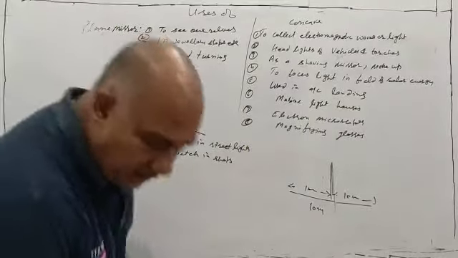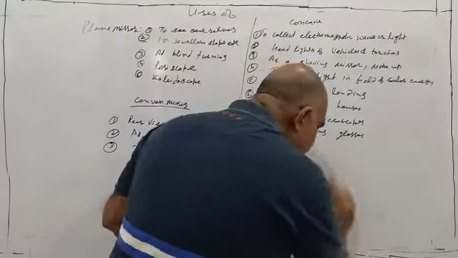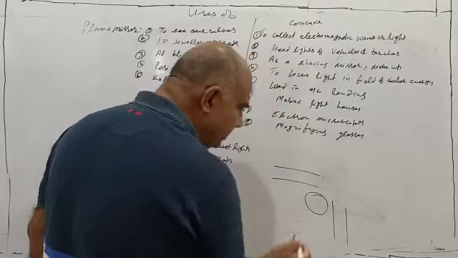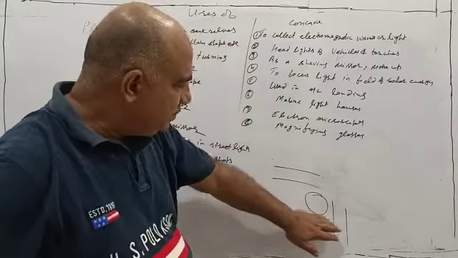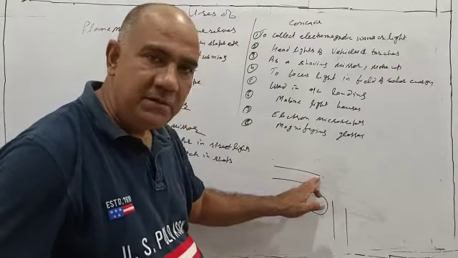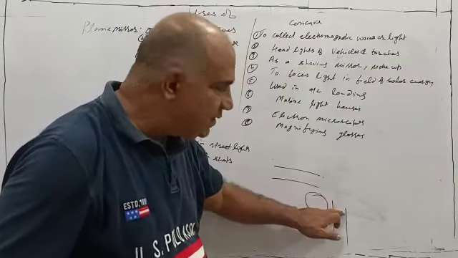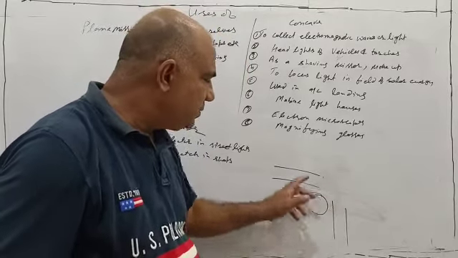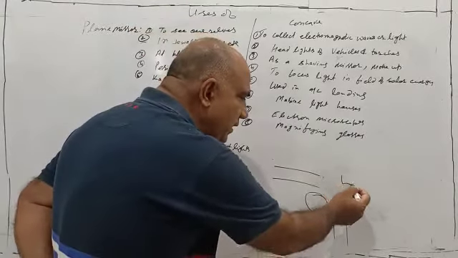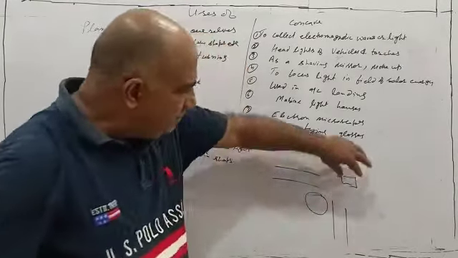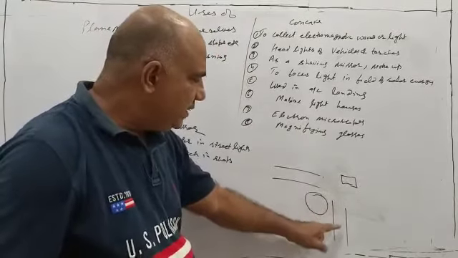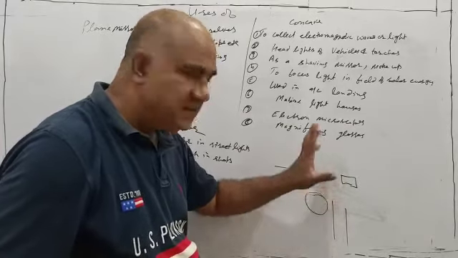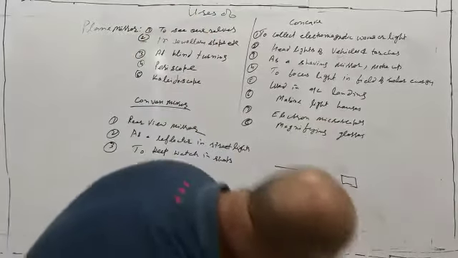At blind turnings, how can we use it? Suppose a vehicle is coming, these are two roads, and here there is an obstruction. A blind turning means the person coming from this side cannot see the vehicle coming from this side, and the person coming from this side cannot see the vehicle coming from this side. That is the meaning of blind turning. So if there is a big obstruction, what we do is, looking for a suitable site, we put a plane mirror there, so that in this mirror this person can see the vehicles coming from this side, and this person can see the vehicles coming from this side. So to avoid accidents, it is used.